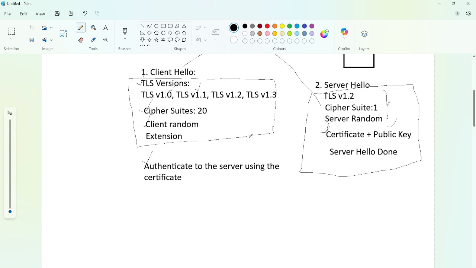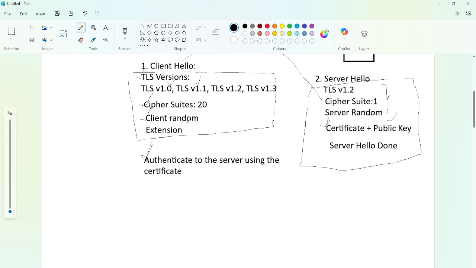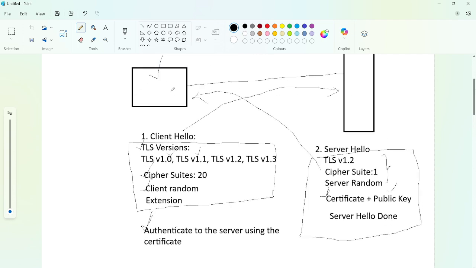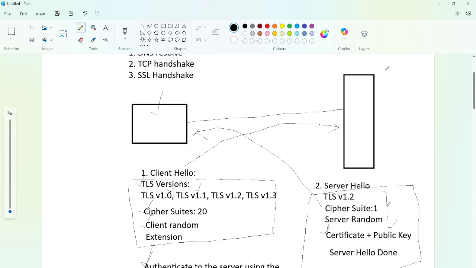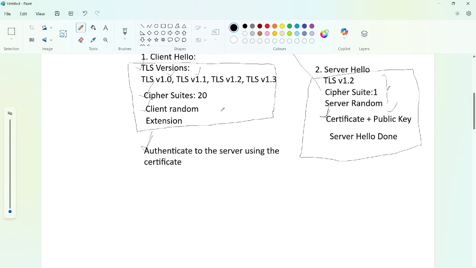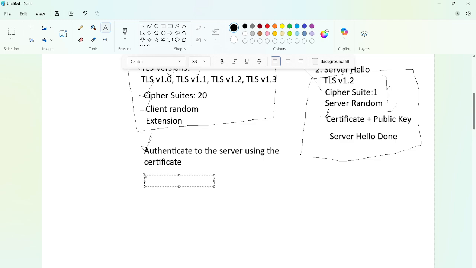Apart from that, if the server requires client authentication, the client will also send a client certificate. Mostly the server doesn't need client authentication, because these clients reside inside our private network. This is not mandatory, but if the server requires it, the client will send a client certificate for authentication.